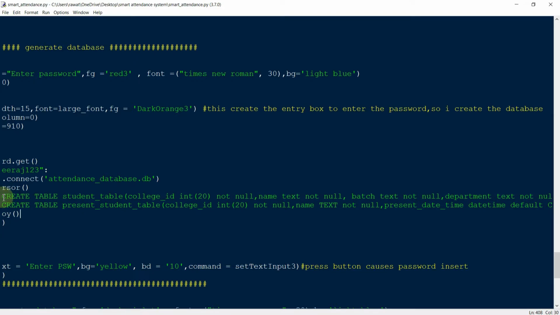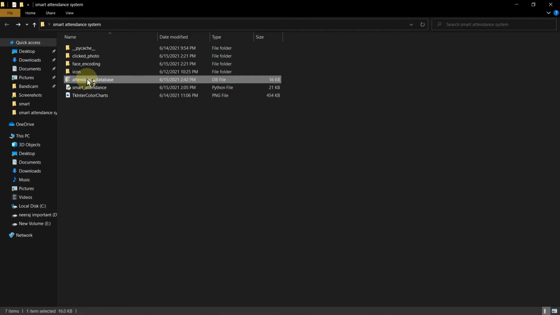I created the database, and inside it I created two tables, the student table and the present student table. In the student table there is the information of name, department and college ID, and the present student table stores the students who are present in the class, recognized by face recognition.